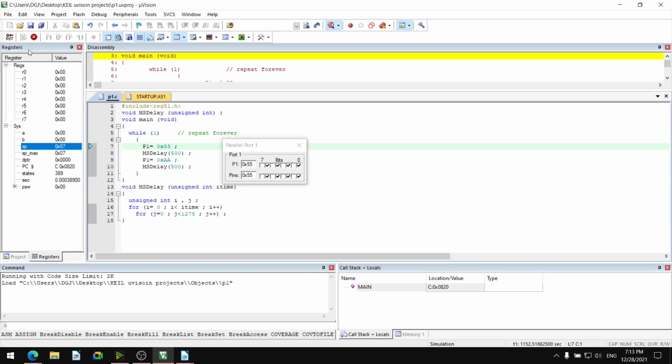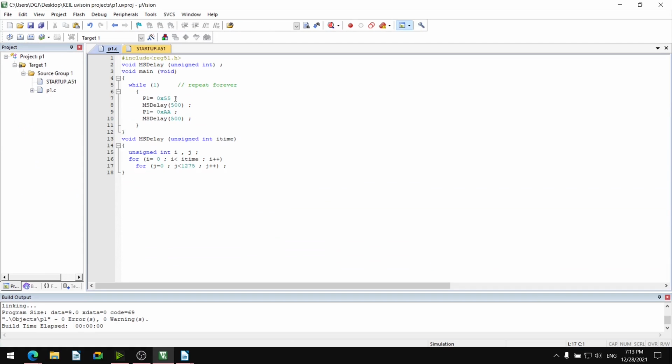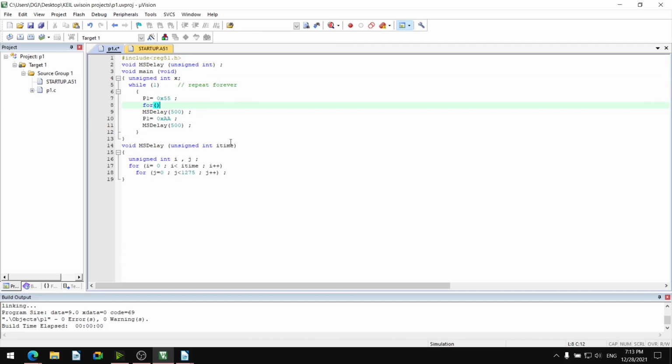I think 250 is running quite well. So what we can do is we can define a variable and have the for loop. x equal to 0, x less than 2, x is incremented.